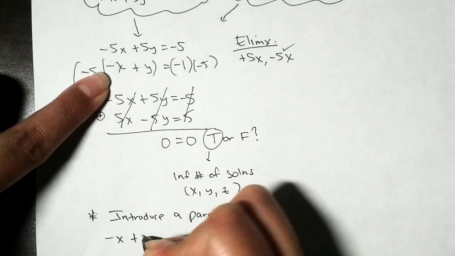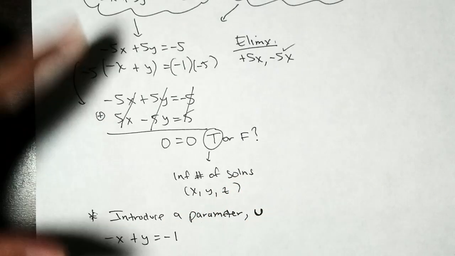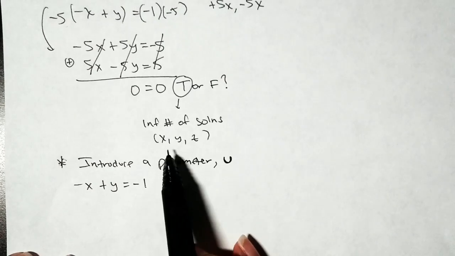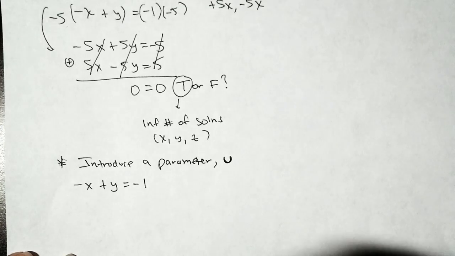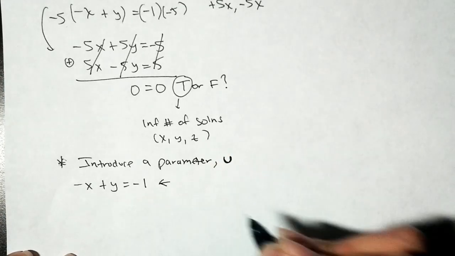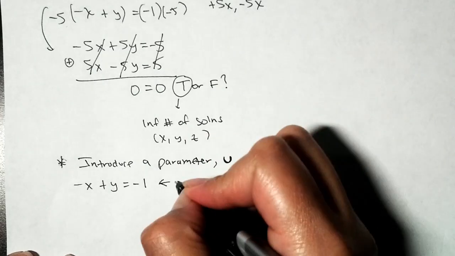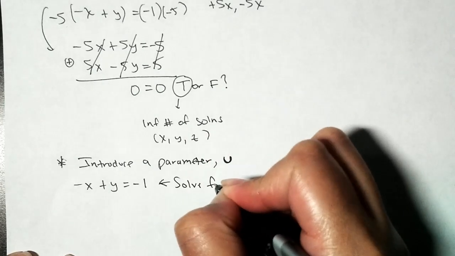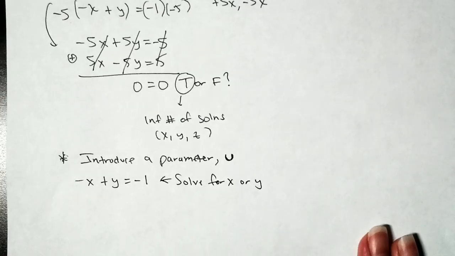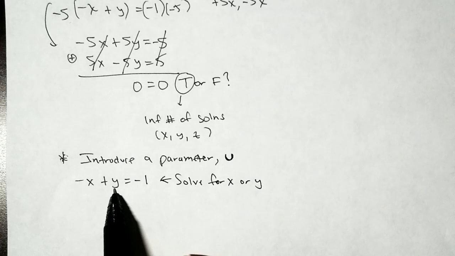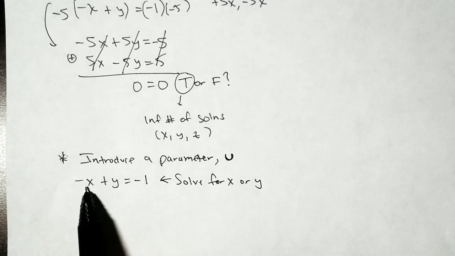Negative x plus y equals negative 1. And remember, we want to write all x, y, z in terms of this variable. So what are we gonna do? We're gonna solve this equation for one of those 2 variables. Solve for x or y. Which one is the best one? It doesn't matter. Okay, I'm gonna choose to solve for y because I don't want to deal with this negative